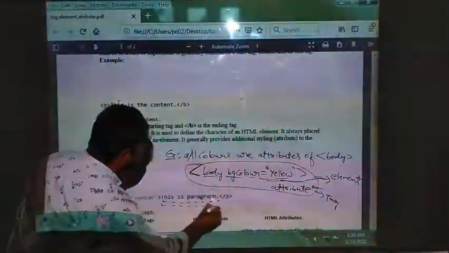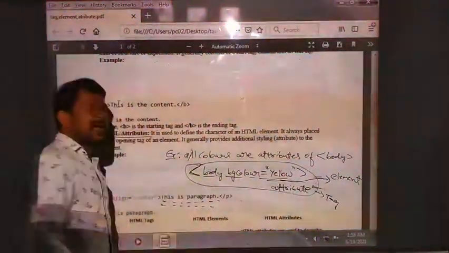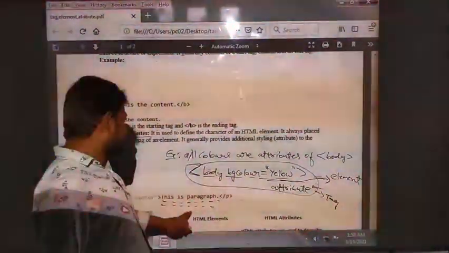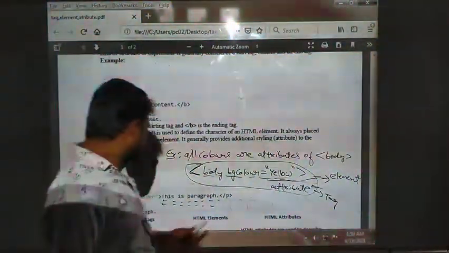So I am closing this paragraph tag. The paragraph which I typed in between will be displayed at the center of the web page. If you observe the differences between HTML tag, HTML elements and HTML attributes, you will understand very clearly.